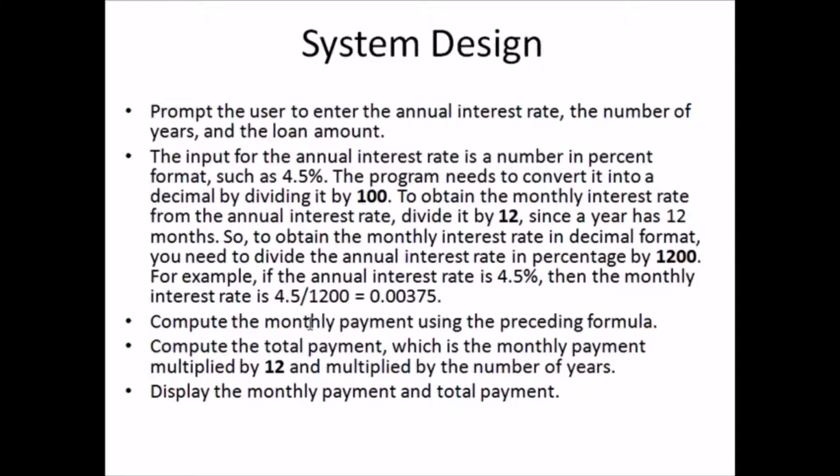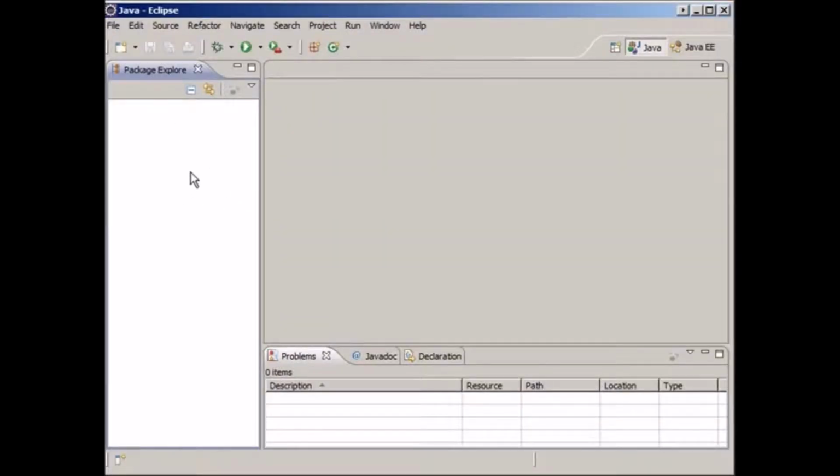We have to compute the monthly payment using the formula on the previous slide, and then calculate the total payment, which is the monthly payment multiplied by 12 and multiplied by the number of years, because there are 12 months in a year, and then we display that to the user. So with that, we've got enough information here to actually go about writing our software, which brings us to the implementation. So what I'm going to do is go over into Eclipse and create a new project,